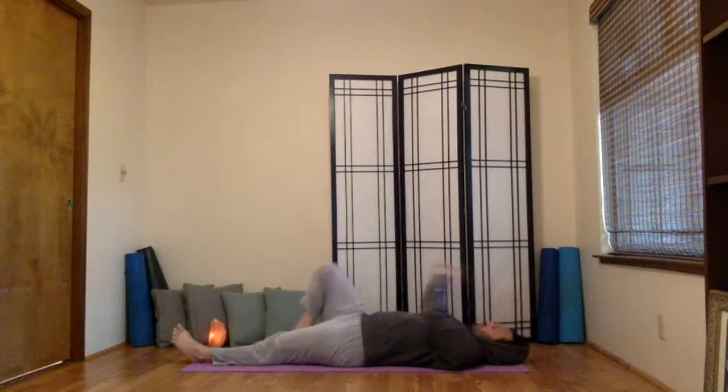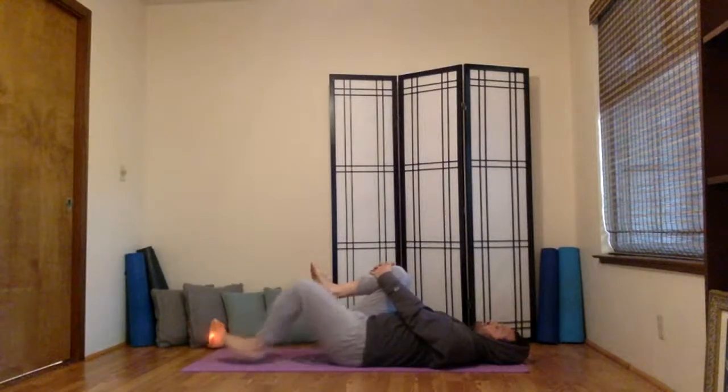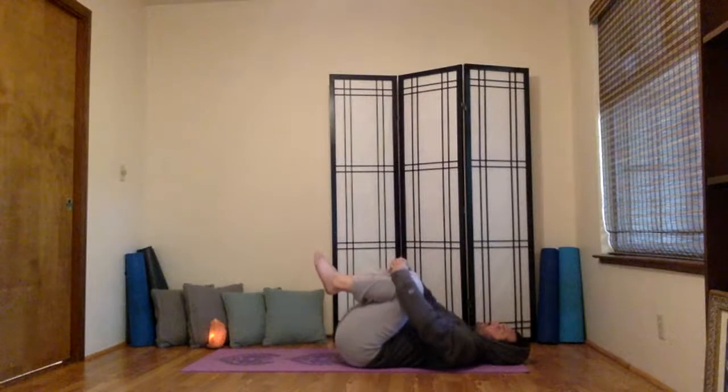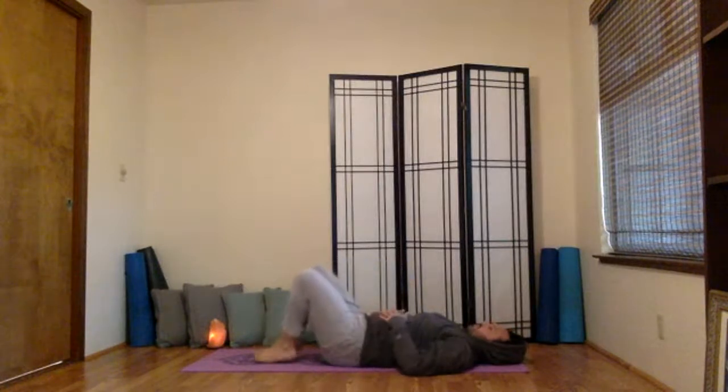When ready, slowly bring the right knee into the chest and roll out the ankle. Do both directions. And then bring both knees to chest. Exhale, lower the feet to the ground,